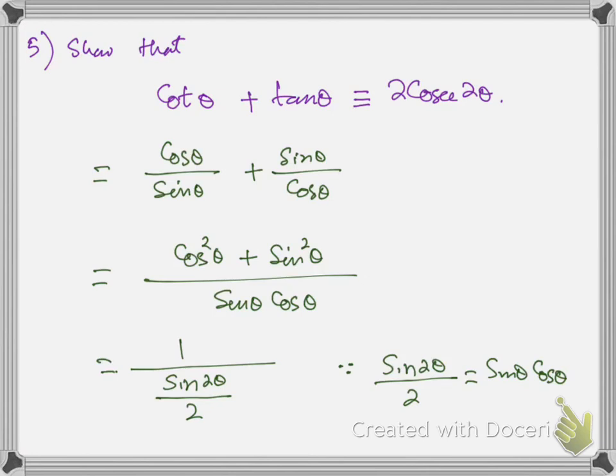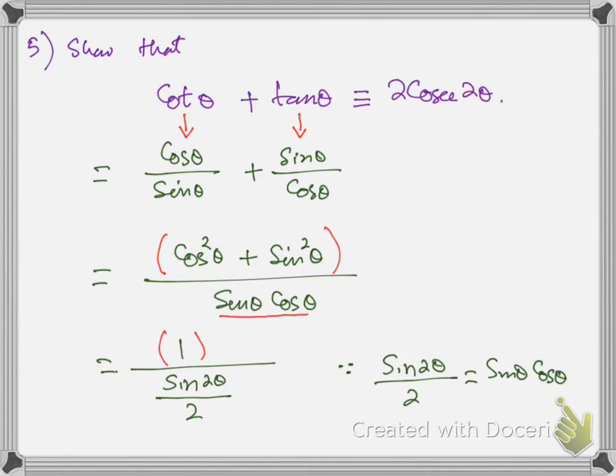Now this is the last identity of this class, cot theta minus tan theta equals 2 cosec 2 theta. I already have told you when we have reciprocal functions, then we usually convert them into basic functions. Since we are converting cot into cos upon sine, therefore we need to convert tan into sine upon cos. Then take the LCM, and you know this is one of the most famous identities. Sine square plus cos square is 1. And this is one of the most important things which I have discussed in my lecture 2.